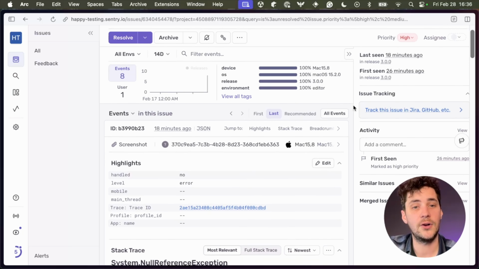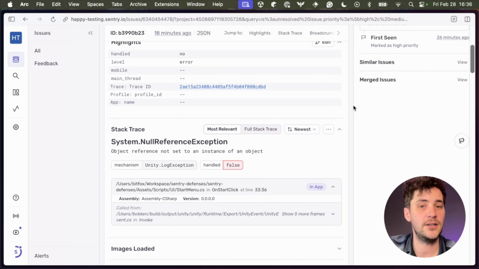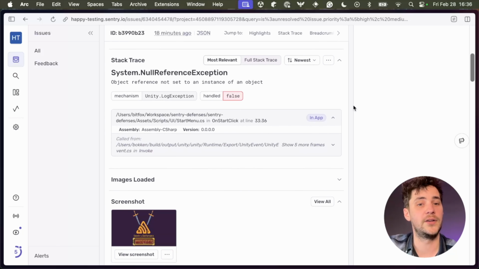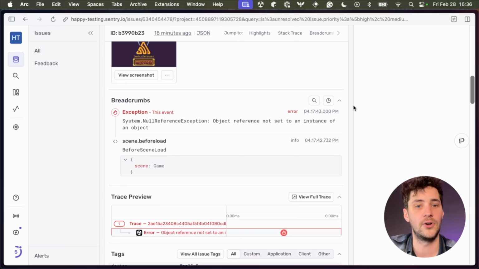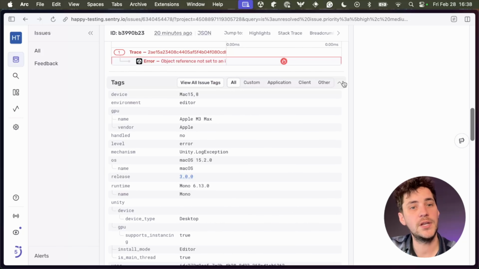Of course, the SDK also includes the actual exception object, including the stack trace, and this works in IL2CPP and release builds as well. What the SDK is also able to do is provide you a screenshot at the time of the error, and all of your log messages end up as breadcrumbs, so we'll never have to ask for log files again. The issues page finishes off with tags and contexts that the SDK already fills for you, that are fully customizable to the specific needs of your game.